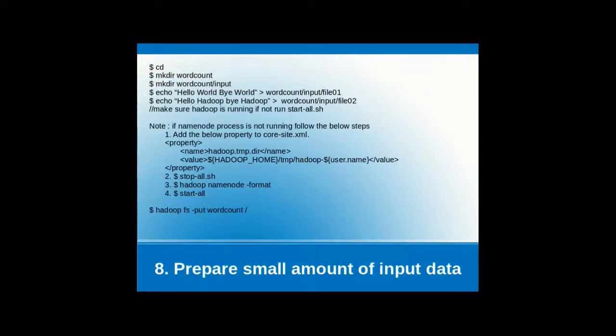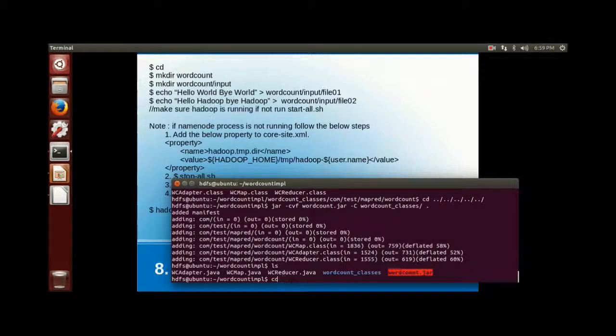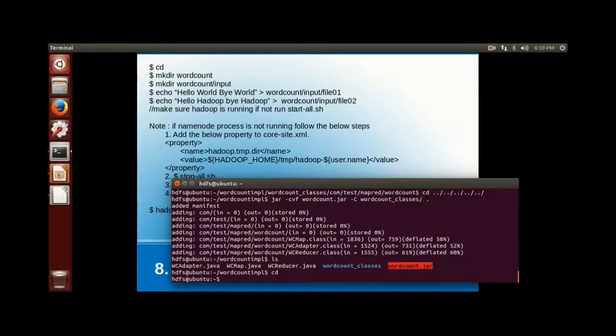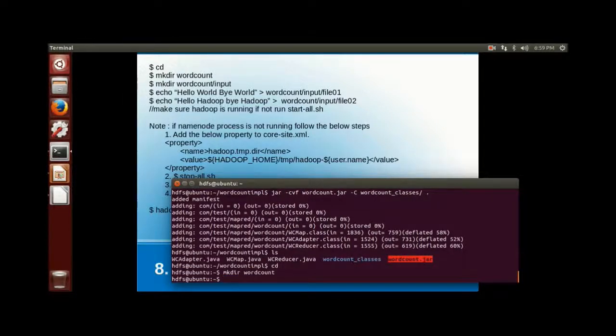Now we have to prepare test data. I'm creating a small amount of data, so creating the directory for input data at the home directory.